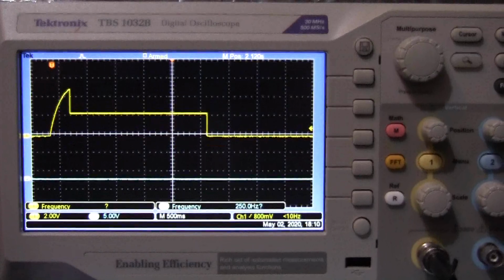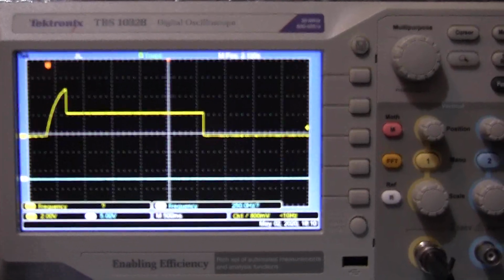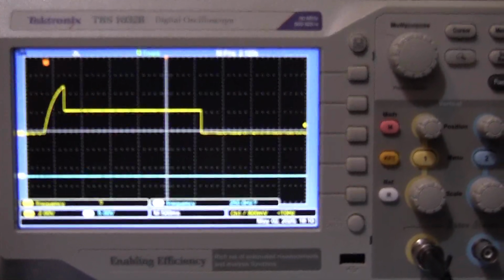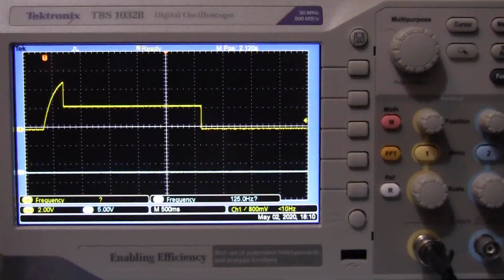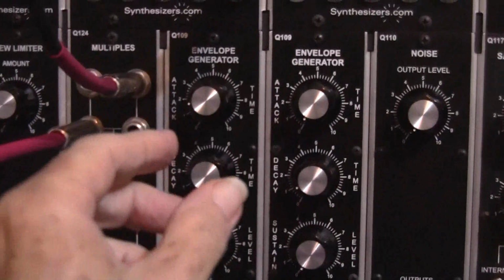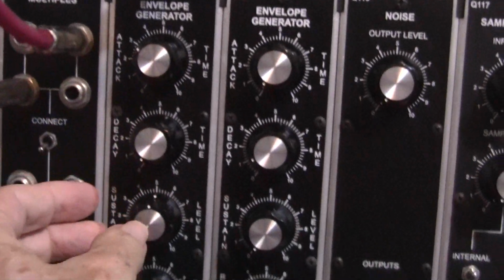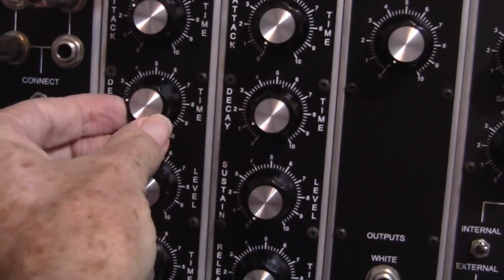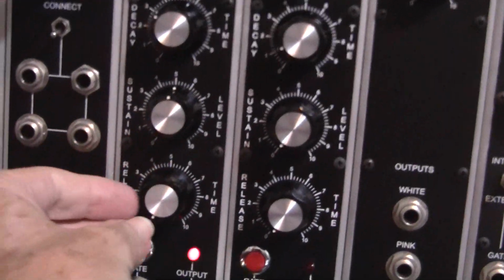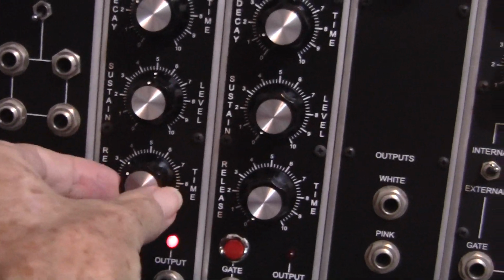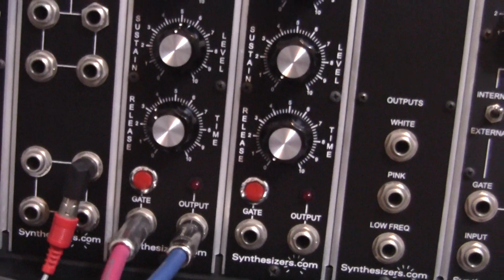So I'm going to now change it a little bit. I'm going to put some decay time, some release time, and maybe a little longer attack time. Let's change it here on the unit. Let's increase the attack time a little bit. Let's put some decay time, and let's put some release time, and let's see what we have